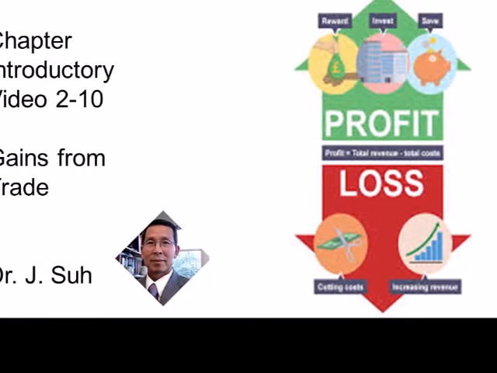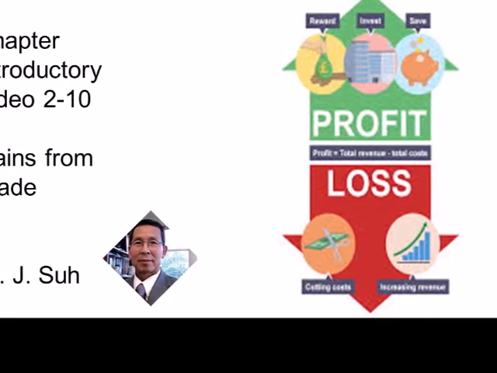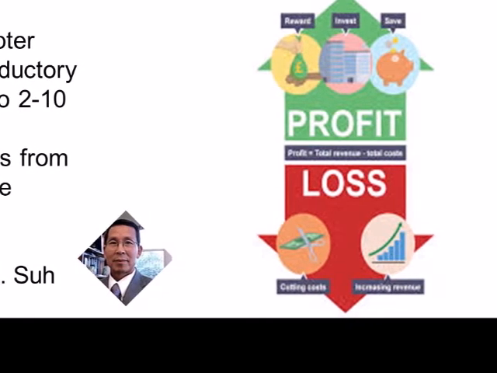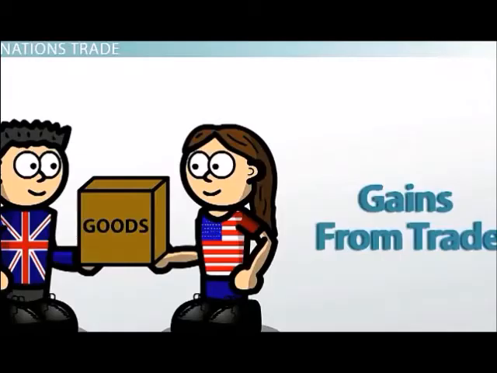Why do nations trade goods with each other? Nations exchange goods with each other when they expect to gain from the exchange. We call that gains from trade. Adam Smith, a famous economist from the 18th century, talked about this in his book, Wealth of Nations, and so